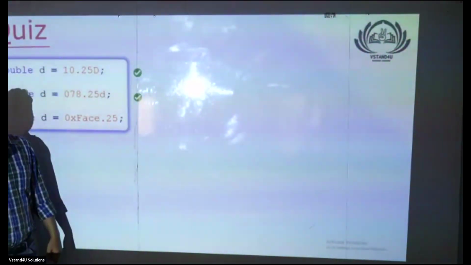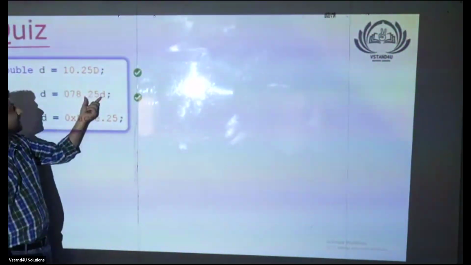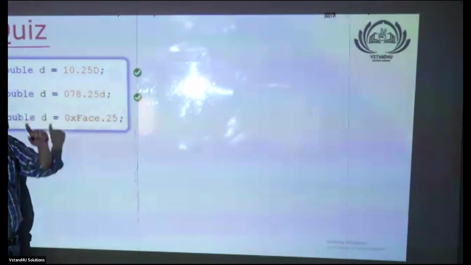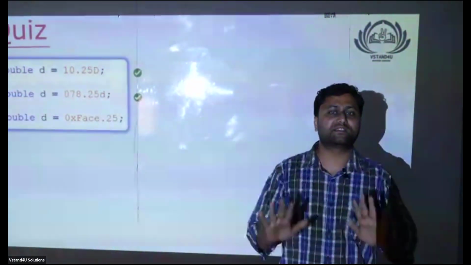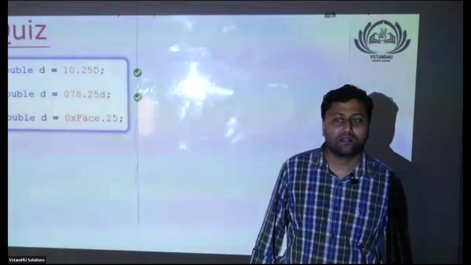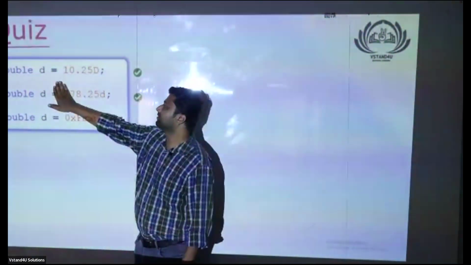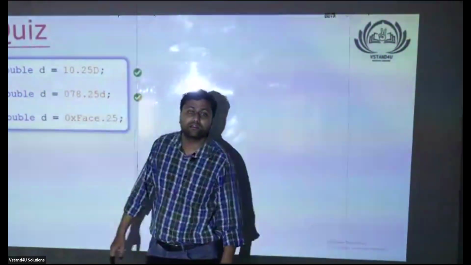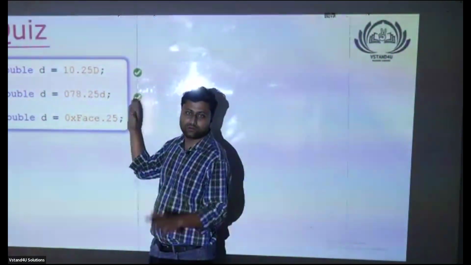That is for integral literals. What does it mean? Numbers that do not have a decimal. If you start with 0, then it is octal. For a decimal number, there is no concept of octal or hexadecimal at all. Decimal only is supported. Am I clear? If I write 078.25D, it's actually 78.25. D is ignored, initial 0 is ignored. Because after the decimal, at the end, there is a last 0 with no value. Same here.